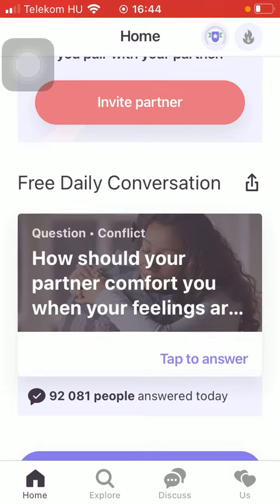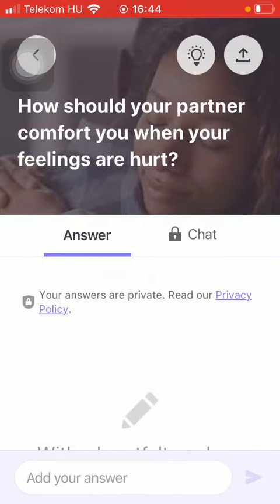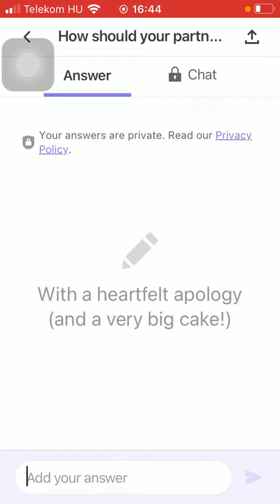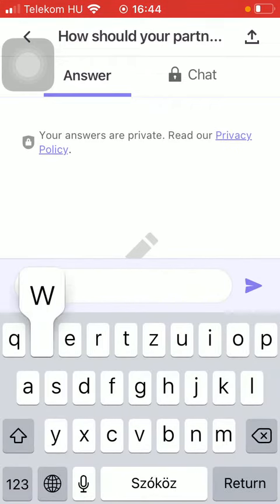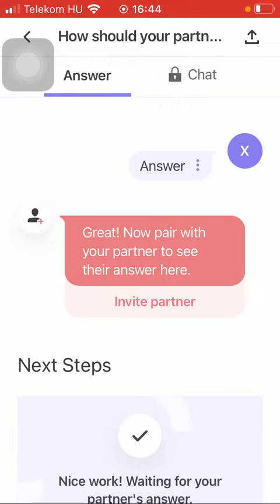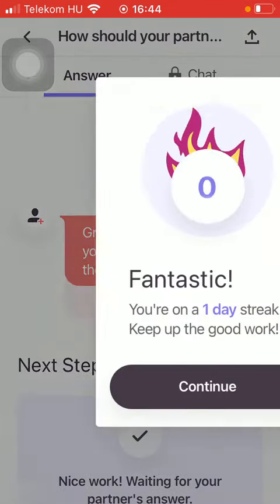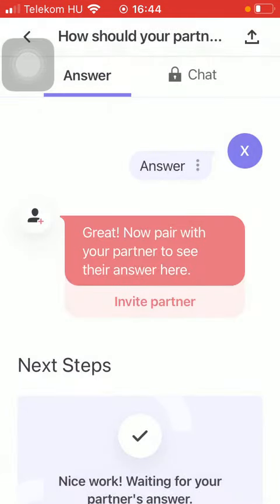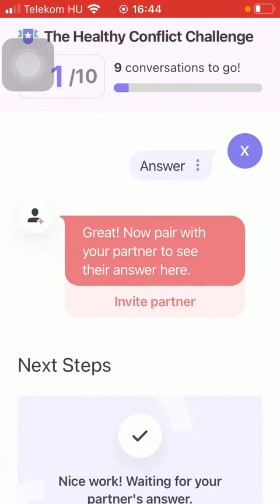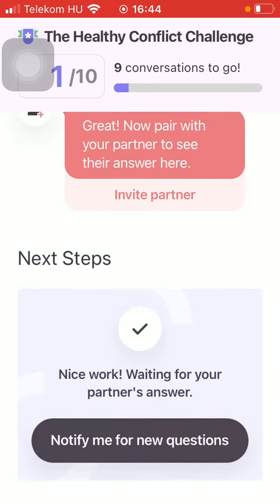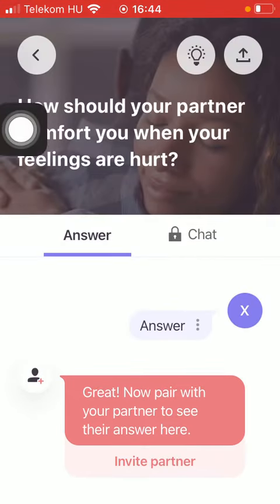So here you can find the question as you tap on it, and then you should type in your own answer. Tap on this send button, and now you should pair with your partner in order to engage in a meaningful conversation together. So that's how you can answer these